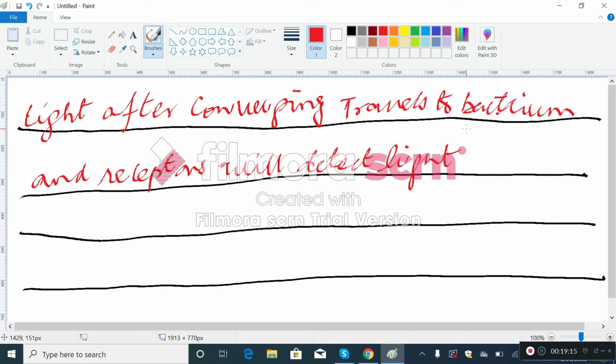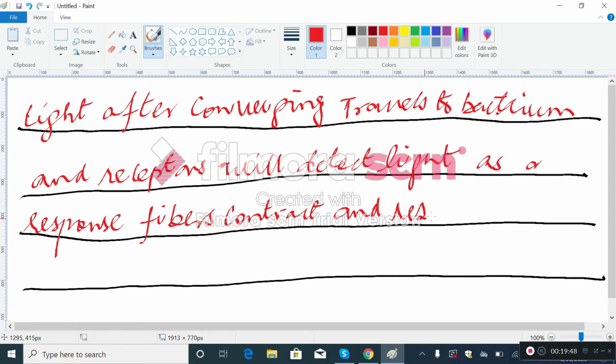Fibers will contract as a response. As a response, flagellum or fibers contract, and resultantly bacterium will move towards light,